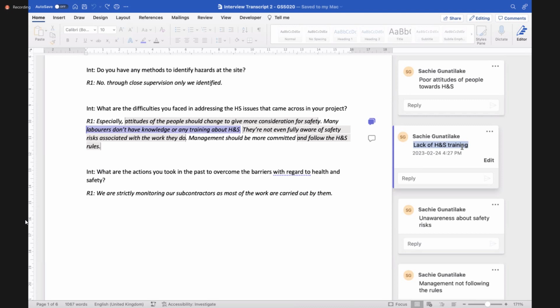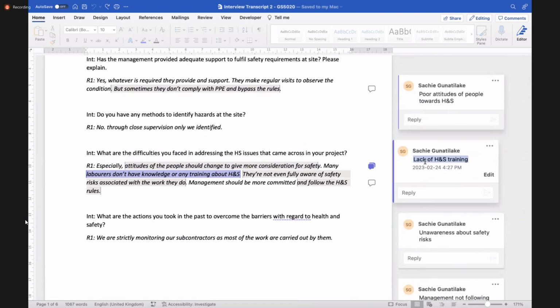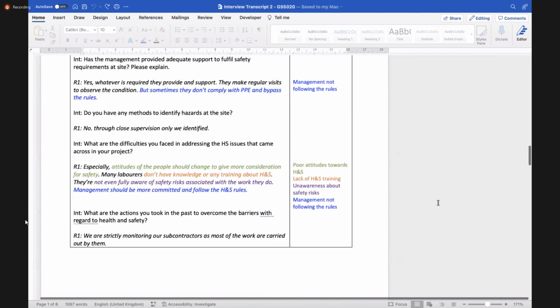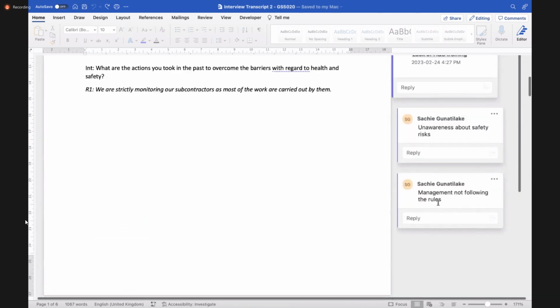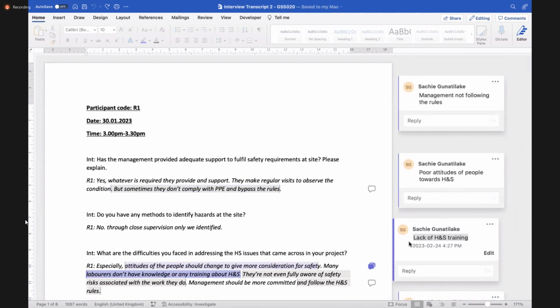Now, if I want to do that in this manual coding, I have to go to every place I have used this particular code and manually copy and paste that change. But if you're using, say, NVivo or a software like that, that's easy to do. If you just change the code, it will automatically change everywhere.